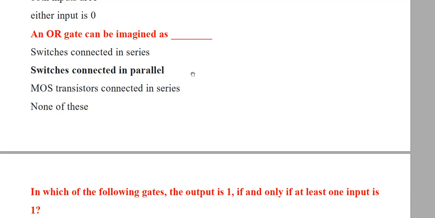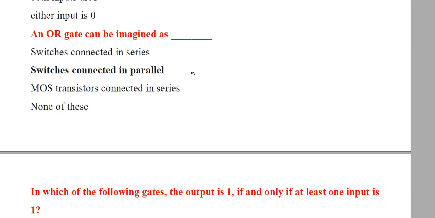If 2 switches are connected in parallel, you can imagine that switch 1 is acting like input A and switch 2 is acting like input B, and both are connected in parallel. A switch also has two states, that is off state and on state. So consider the off state as 0 and the on state as 1. If both switches are off, the case is 0 0. If both are off, then the output will be 0. No current will pass from input to output, so the output is 0.